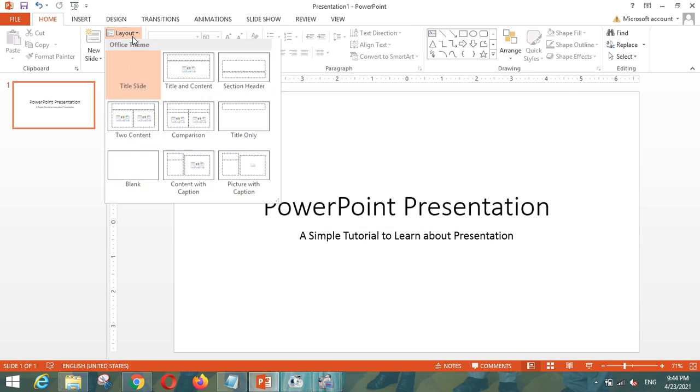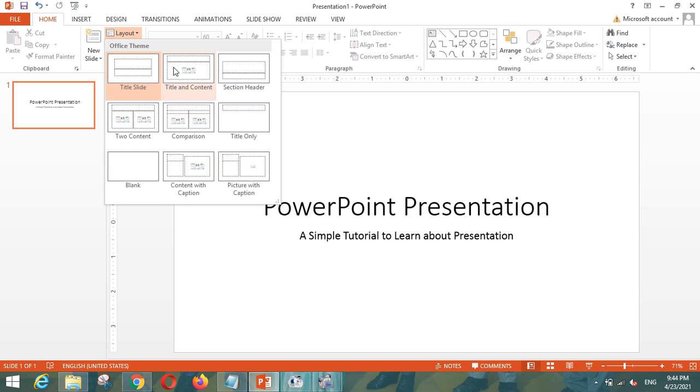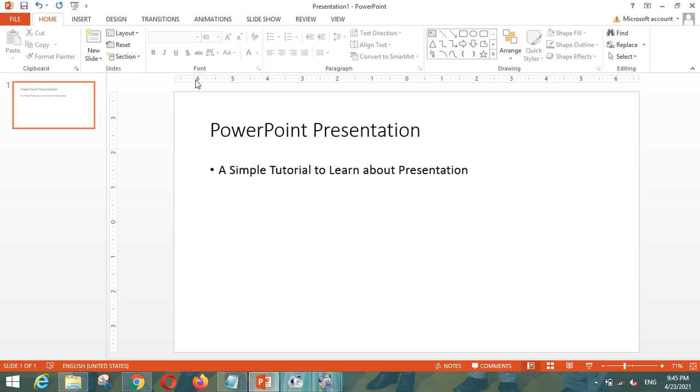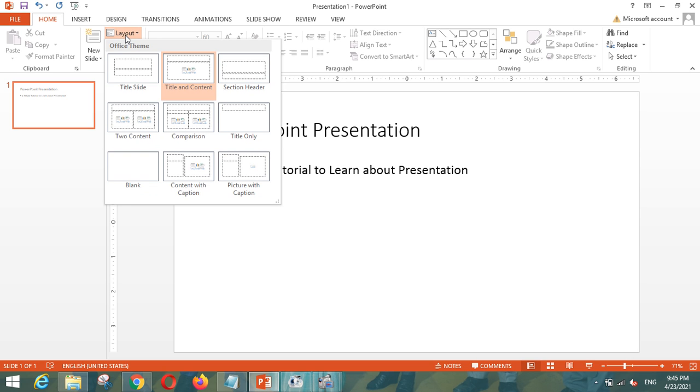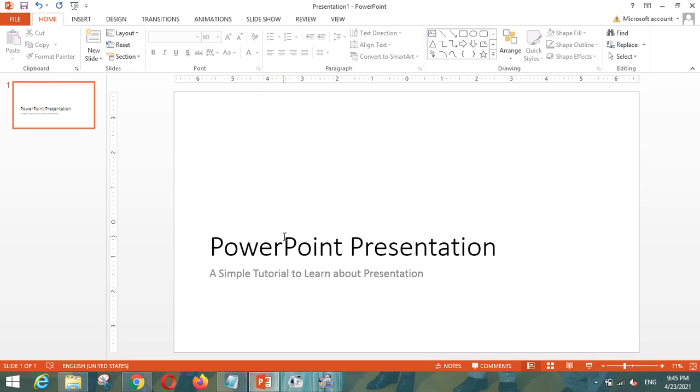So suppose I would like to see other layouts, so I can click on this button, that is title and content, and then you can see it, the screen has changed, the layout has changed. My title slide is there, but subtitle comes into the bullet point. And if I reselect other options like section header, so it has taken this shape.